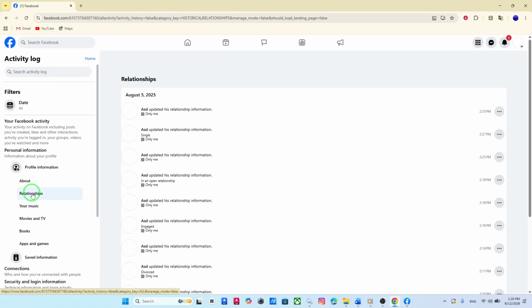And that's it. In just a few clicks, you've uncovered your entire relationship history on Facebook. This is especially useful if you want to revisit when you made a status public, or if you're cleaning up